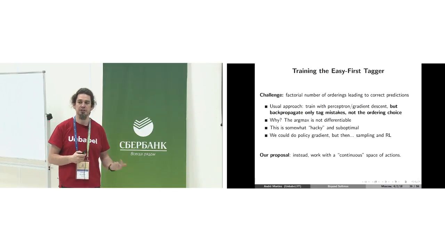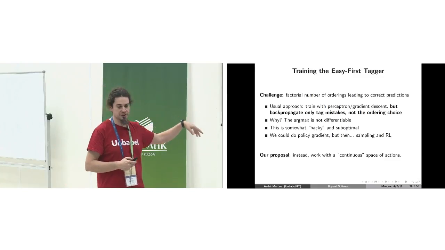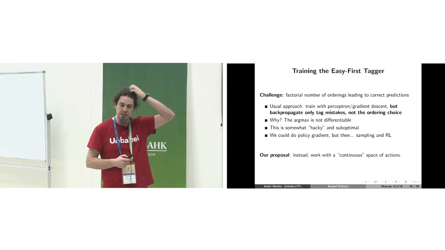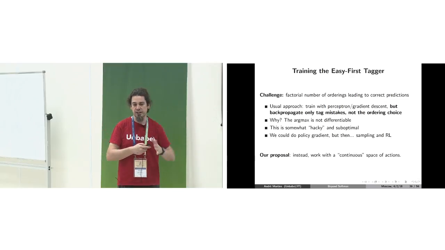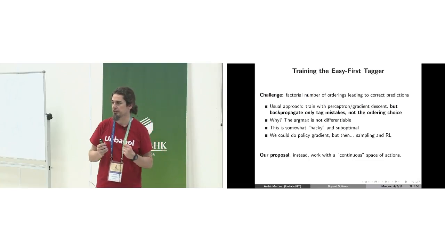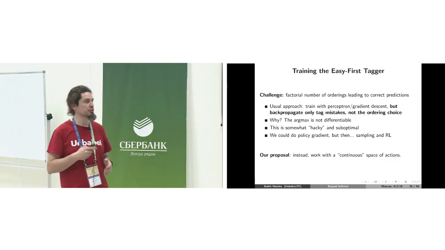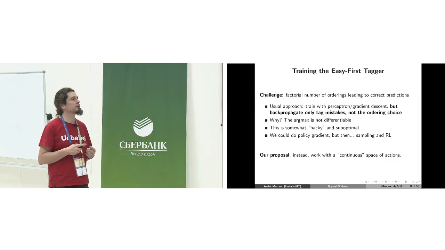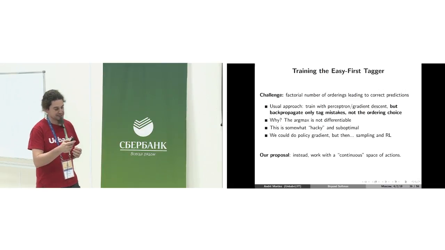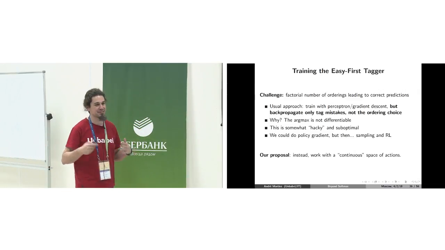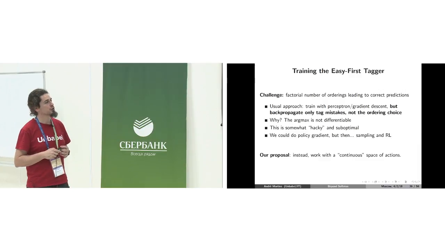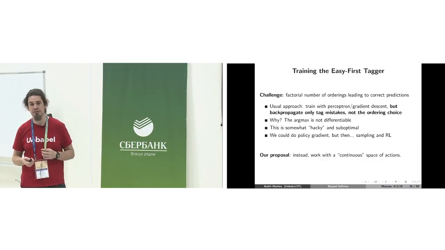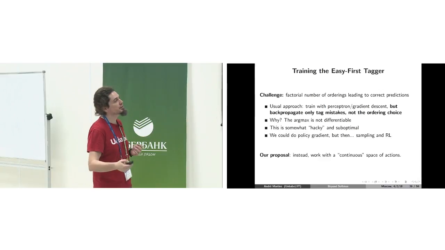For example, if you're using perceptron, you are following that recipe in the previous algorithm that I just showed. You tag the complete sequence, and then if you made a mistake, the perceptron is going to try to correct the model. But there's nothing that tries to correct for a wrong choice of order. So we can argue that this is a bit suboptimal. It's good for a hackathon, but maybe not if you want to develop something more principled. You can use reinforcement learning for this if you use, for example, policy gradients.